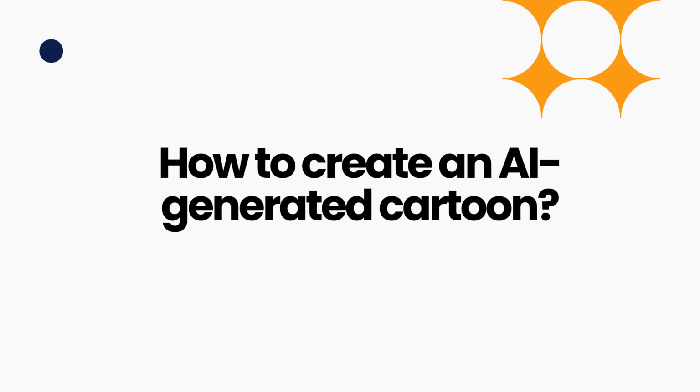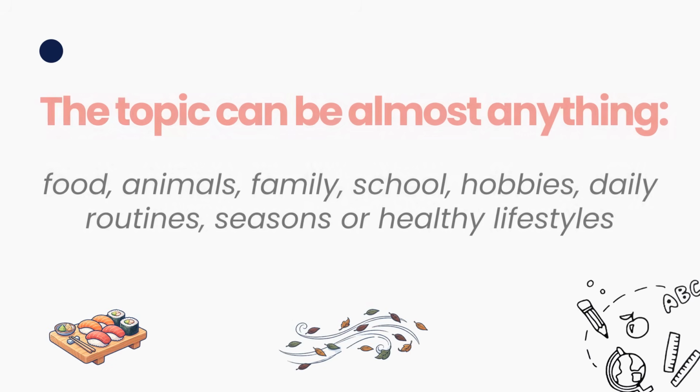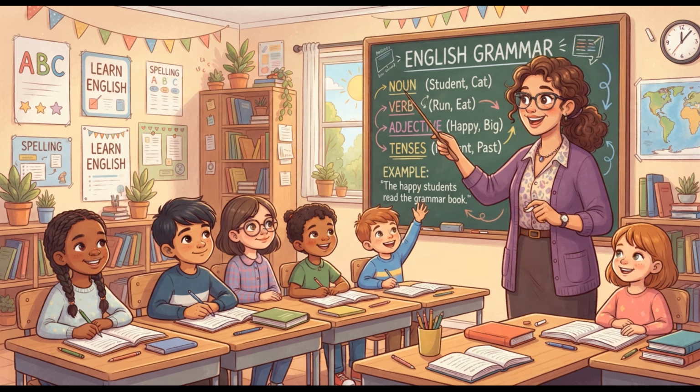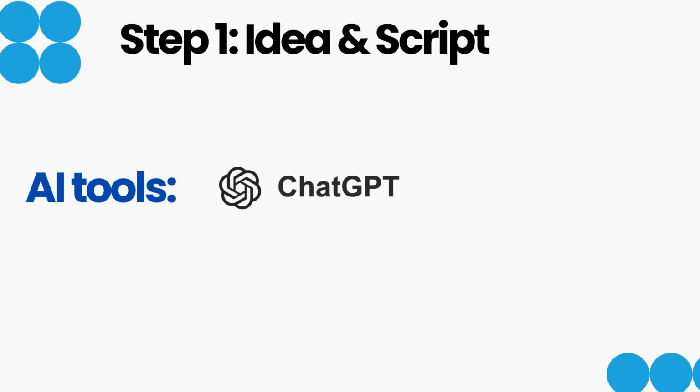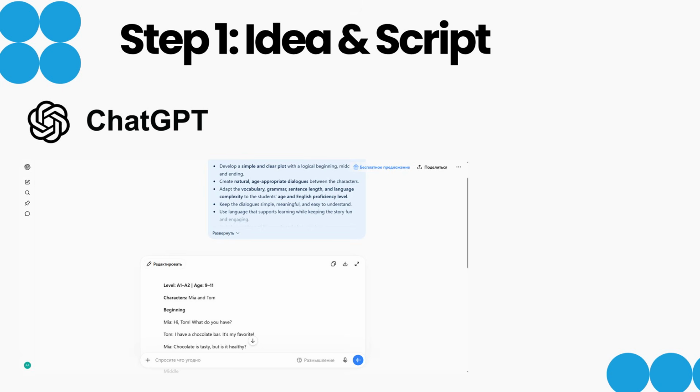So, how to create an AI-generated cartoon? The topic can be almost anything: food, animals, family, school, hobbies, daily routines, seasons, or healthy lifestyles. A cartoon can also be created to practice a particular grammar structure. At the first stage, we can use these AI tools. Personally, I use ChatGPT. It helps create a simple plot, develop dialogues, and adapt the language to the age and